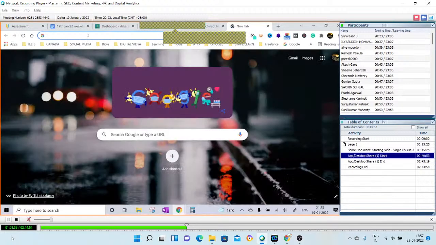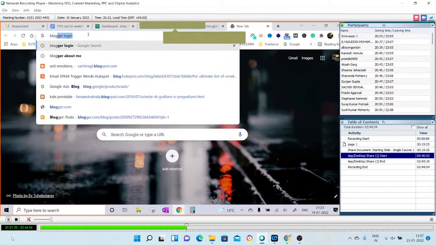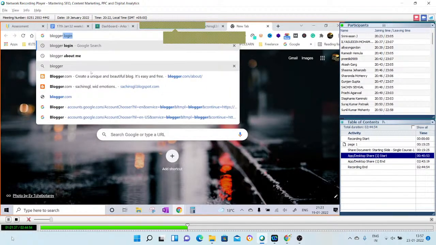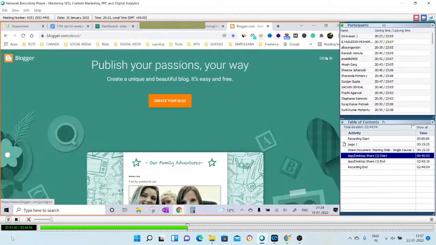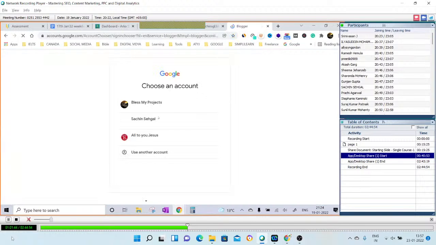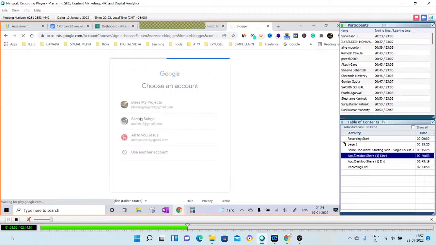Even on a Blogger site, it can be done in a very simplified way. You just go into your Blogger account and sign in. I'll tell you how it is done on WordPress also. For both of the sites I'll tell you step by step, just like we did XML yesterday.